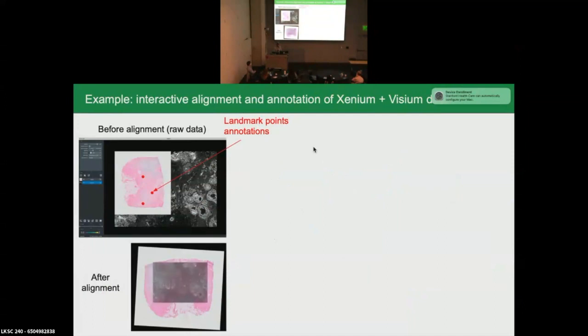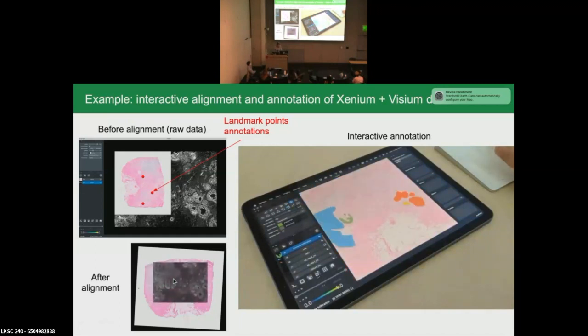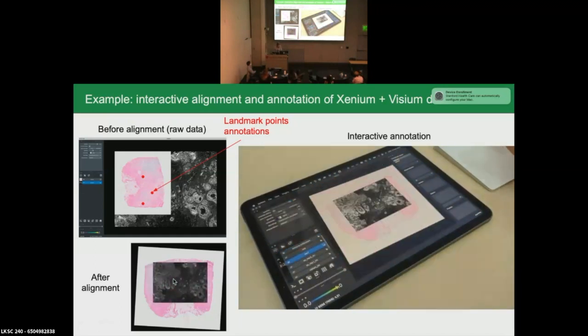So the data has come from 10x Genomics, and is not aligned. Here there are the two images from Visium and Xenium, and this can be aligned using Napari spatialdata by setting some landmark points and then deriving and saving back to disk the coordinate transformation to map the data in the same coordinate system. And here is an example in which with an iPad we can save some annotations in